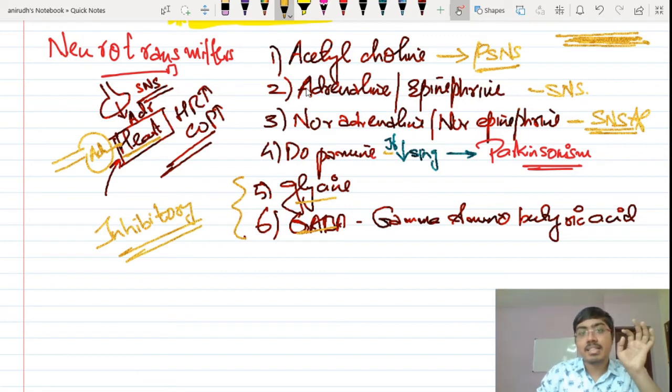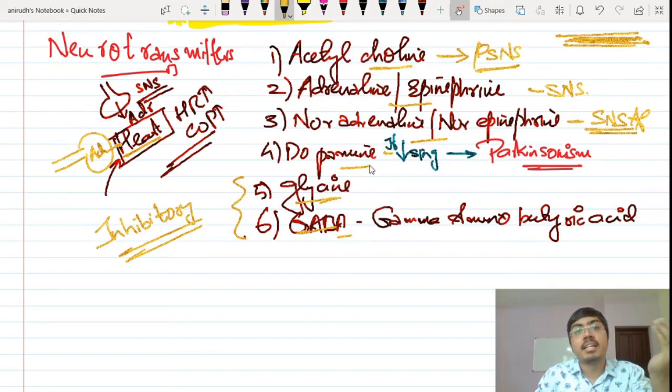A sentence in NCERT was that the action potential developed is excitatory or inhibitory. On what basis can I say it is excitatory or inhibitory? It is based on the neurotransmitter involved. If it is dopamine, then the action potential will be an excitatory action potential. The brain will function more.